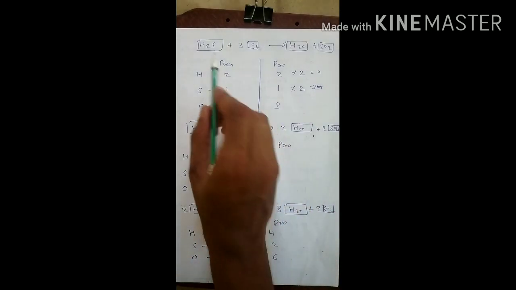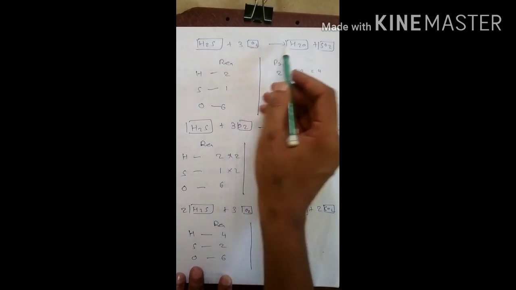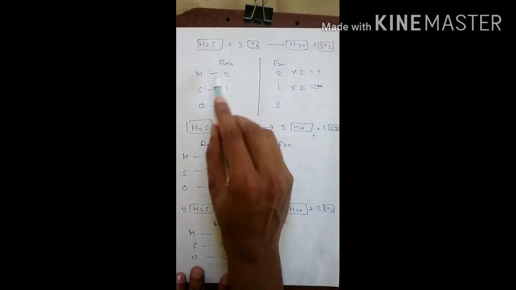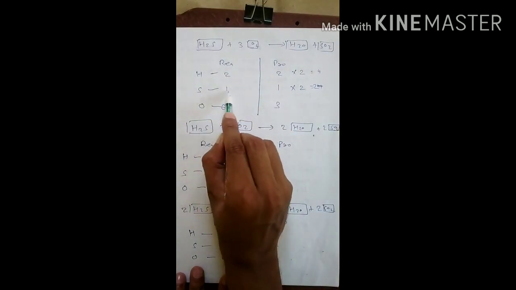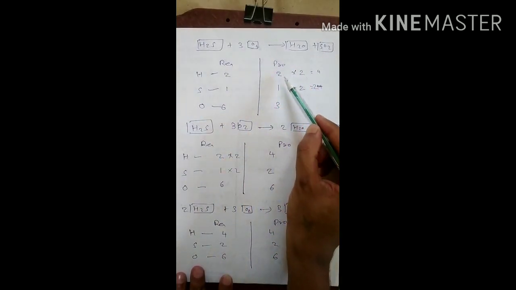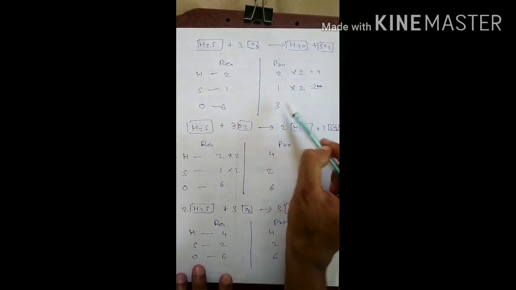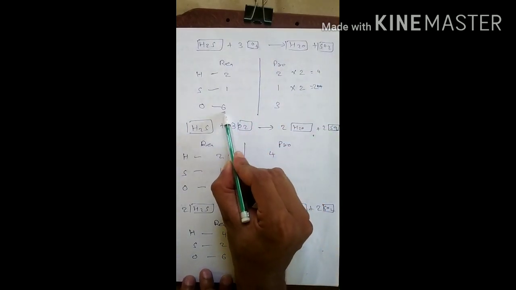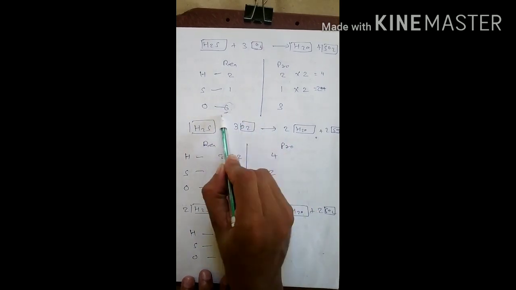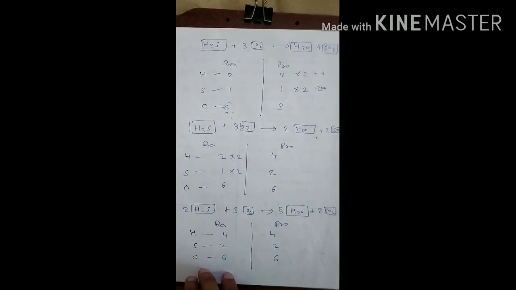so here you can see H2S plus 3O2, I have multiplied it by 3, gives H2O plus SO2. Now on the reactant side hydrogen is 2, sulfur is 1, oxygen is 6. The same on the product side: hydrogen is 2, sulfur is 1, and oxygen is 3. Now you can see here oxygen is doubled on the reactant side. 3 2s are 6, so it is doubled here. On the reactant side oxygen atoms are double.